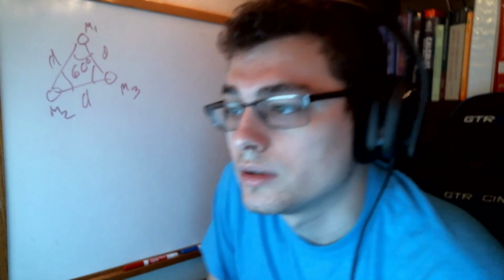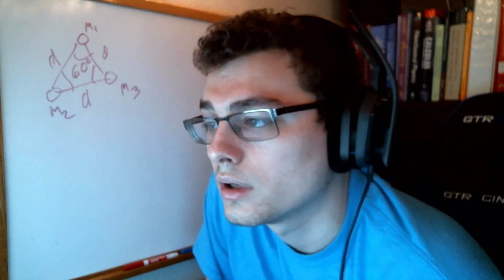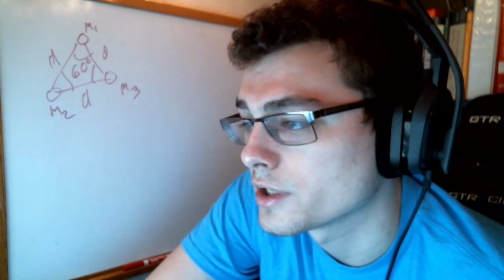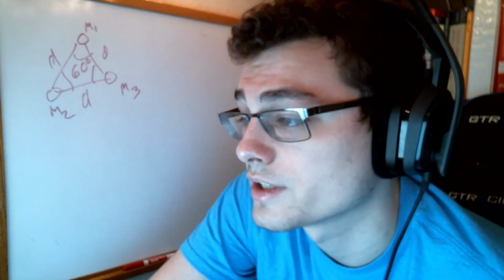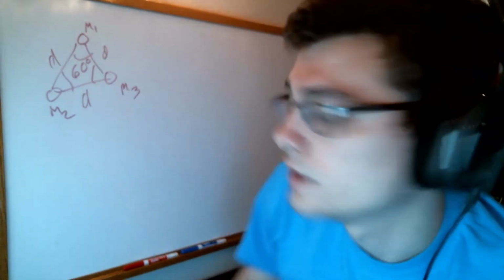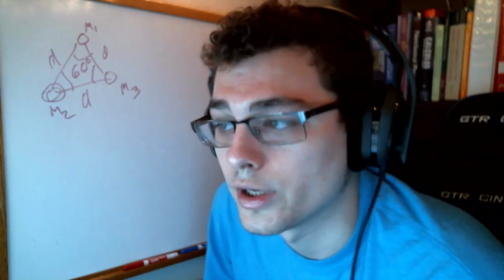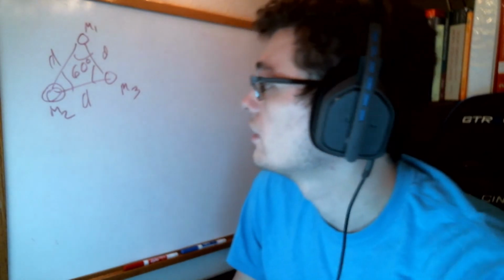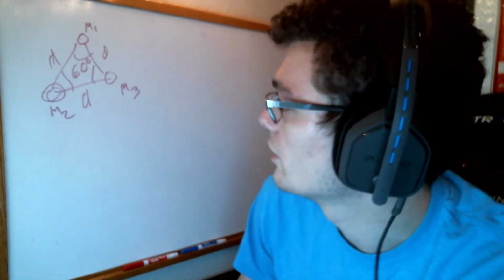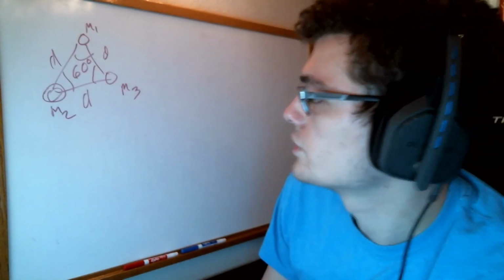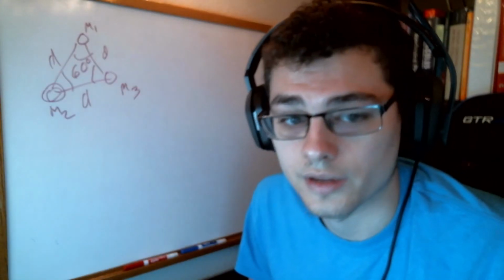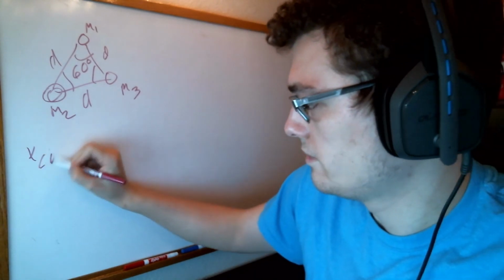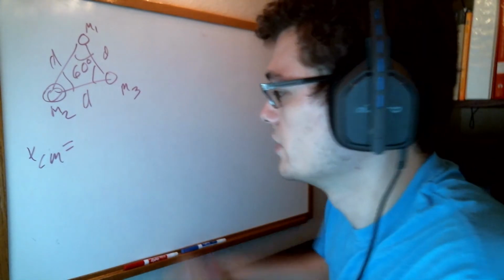And so let's see, write a symbolic equation for the horizontal component of the center of mass relative to the left vertex of the triangle. And so we're doing this one here. This is going to be our origin. So one thing that we'll have to do is, so this M2 on the origin is going to give no contribution to the center of mass. So then we say that XCM is going to be equal to